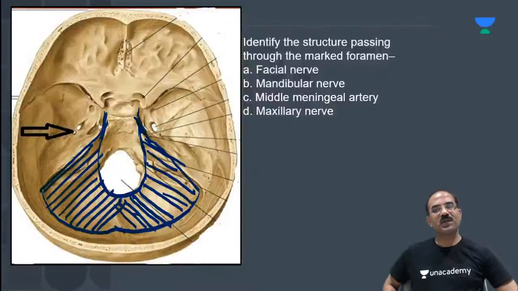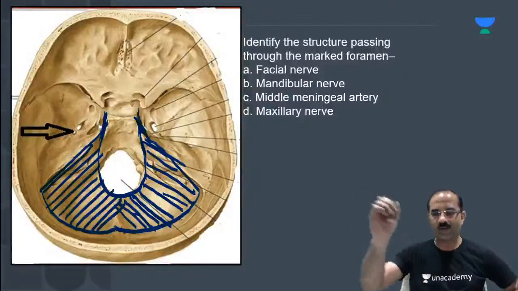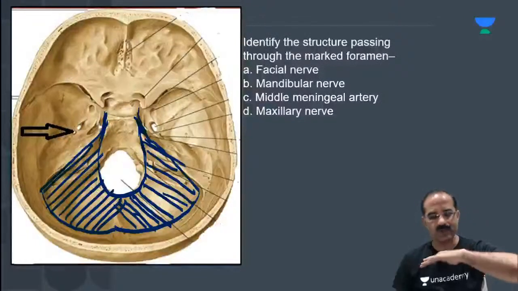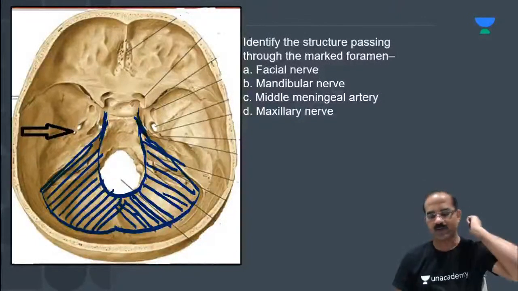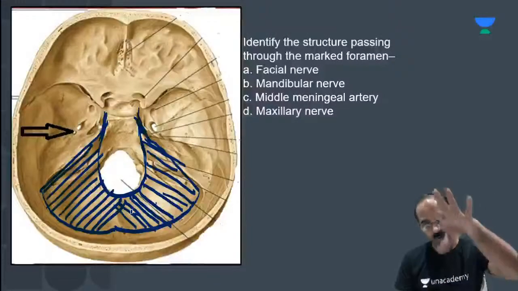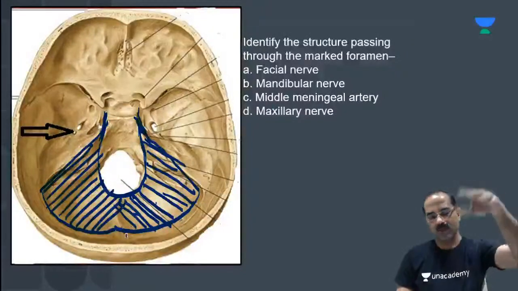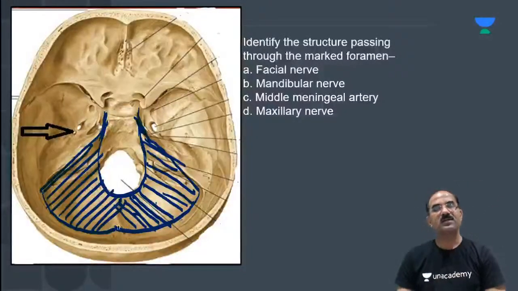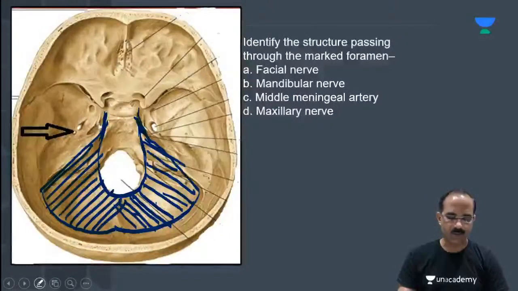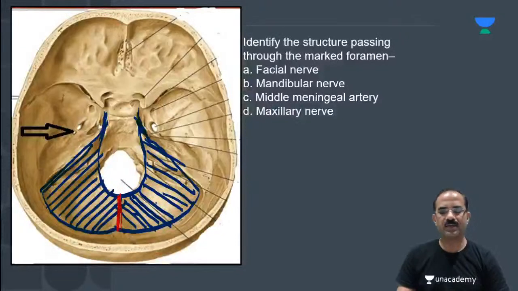This is what I was trying to tell you. That's the tentorium cerebelli. This exact thing I had drawn previously. So where is the attachment of the tentorium? The tentorium is a fold of dura mater. Who is lying on the tentorium? That's the occipital lobe of the cerebrum. And who is lying below the tentorium? That's the cerebellum. So the tentorium separates the occipital lobe of the cerebrum from the cerebellum. And what lies within the tentorium cerebelli is the straight sinus. Okay, so that's the attachment of the tentorium.